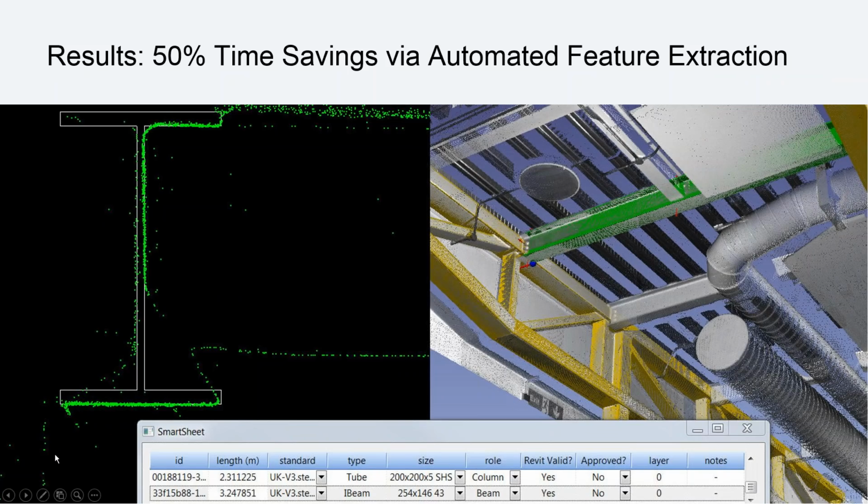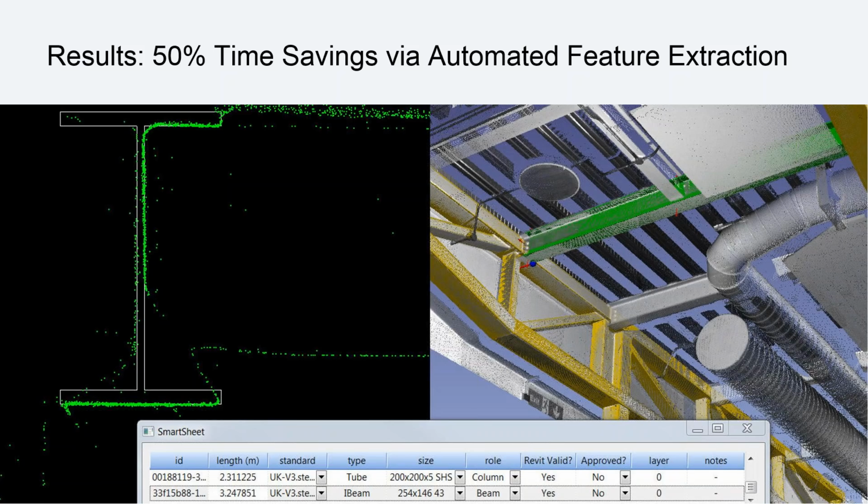So just quickly, I'll jump to the results of the actual modelling. We only actually modelled a fairly small area of the airport itself using Edgewise. But of those areas, we've had at least a 50% time saving on structural stuff. On MEP, it's probably more 60, 70%. Additionally to the actual time saving, there's an accuracy improvement as well, we find, which you can start to understand